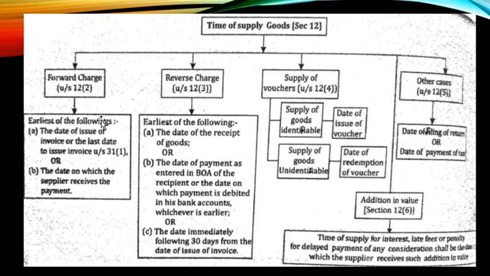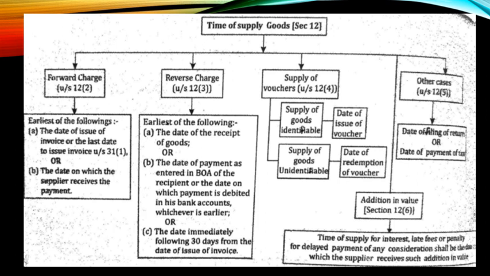As I have already told, the government does not want delay in the collection of taxes, as they want it to be collected as early as possible. Everything will consider the date which is earlier in deciding the time of supply. So under forward charges, it is from the supplier's point of view. They will look into the earliest of the following: the date on which the invoice is issued, or the due date of issue of invoice, that is, the last date on which the invoice is required to be issued under